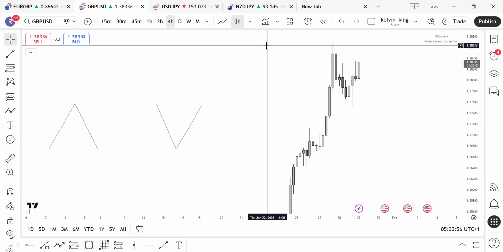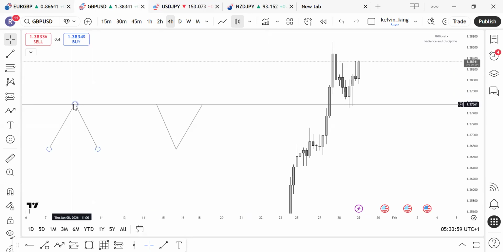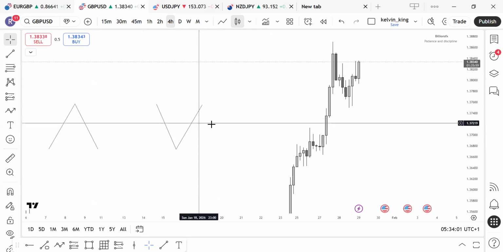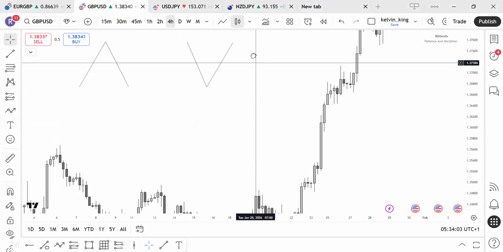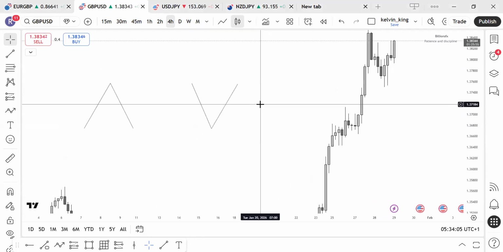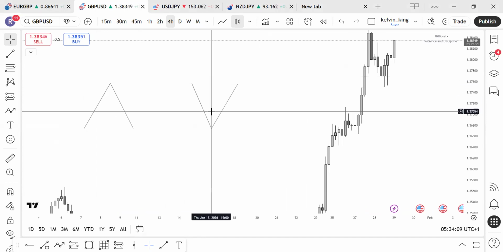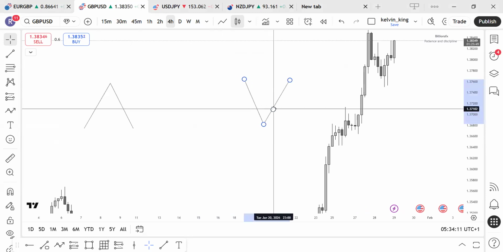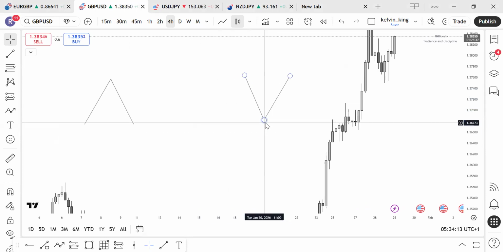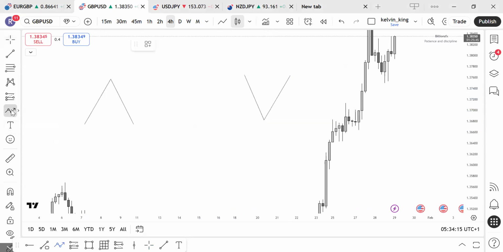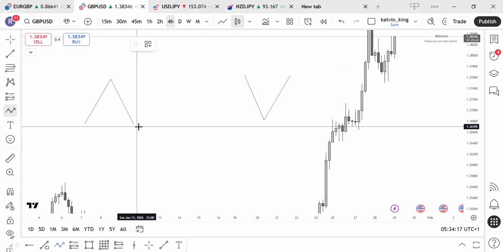So we remember how the V and A shape is formed, right? Remember that there are two candles of the opposite direction. Now, let's say